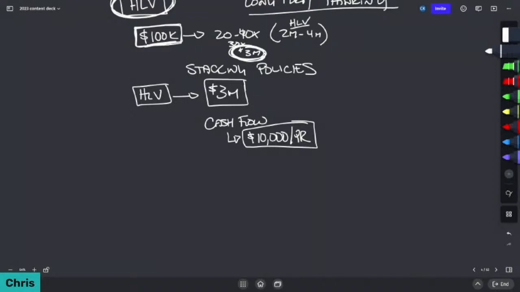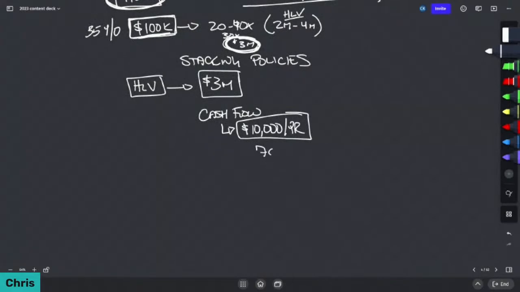So what I would do is go in and get a quote. Let's assume this person's 35 years old. I would say, a $3 million term policy that's convertible. We always want to do a convertible. I'll get into that in a second. The $3 million convertible term policy, maybe that's $70 per month for a 10-year term, 10YT, right? Or if we did a 20-year term, it might go up to, let's just call it, $100 to $110.